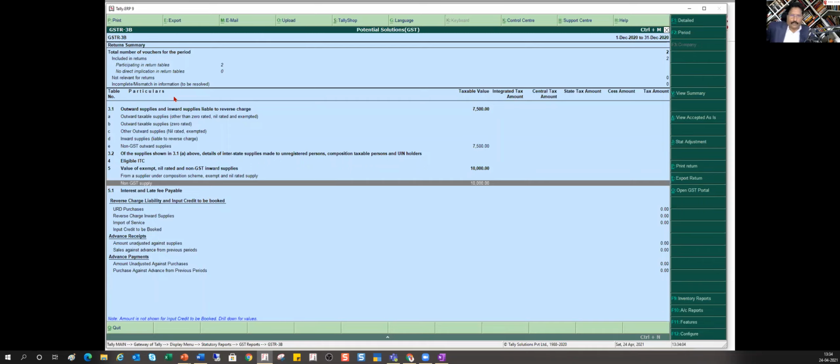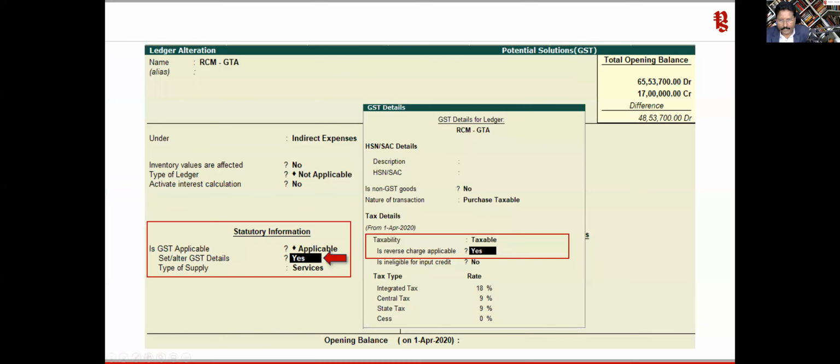Okay, this is very important. So that's about your RCM, non-GST, SEZ supply. Inward also is the same thing. Only thing, it all depends on the configuration. SEZ we saw, export we saw, non-GST we saw, RCM we saw, import-export we saw. So what is left? So this is the RCM part which we saw.